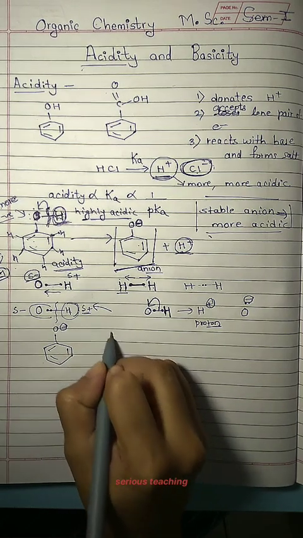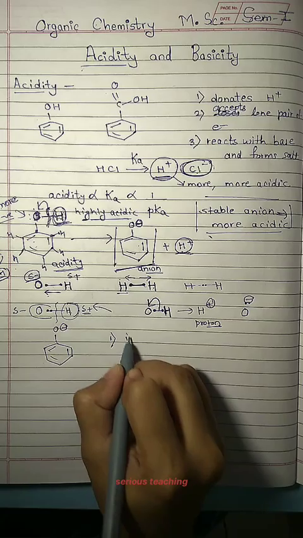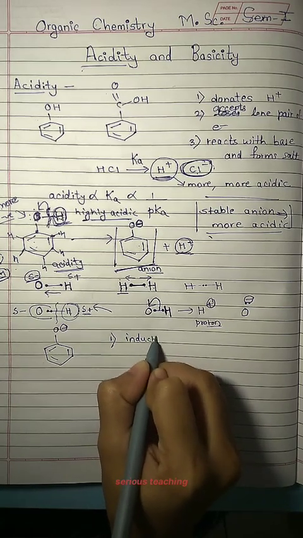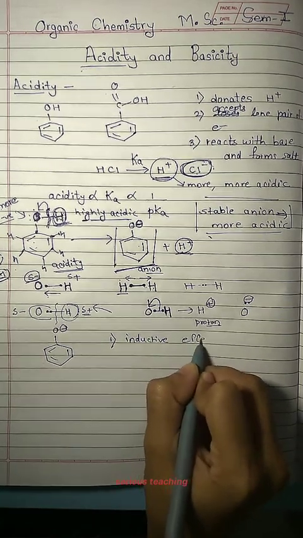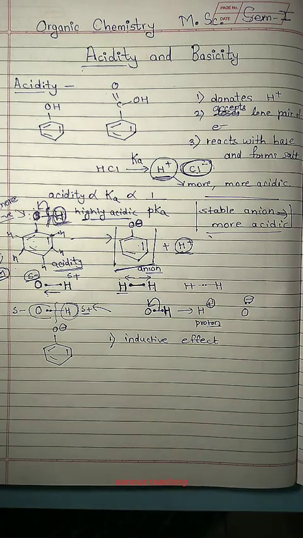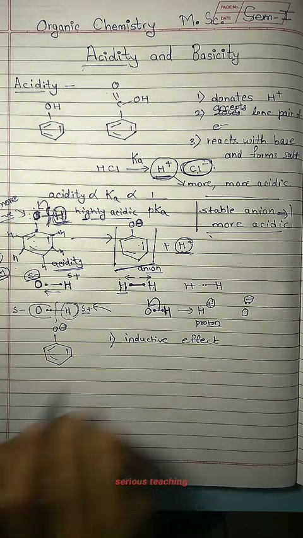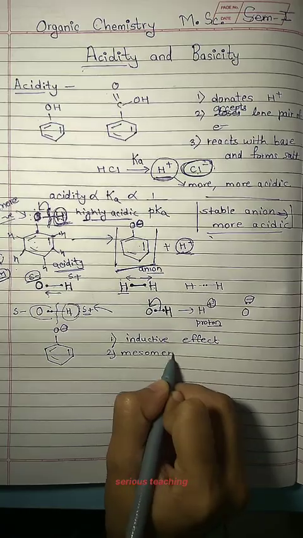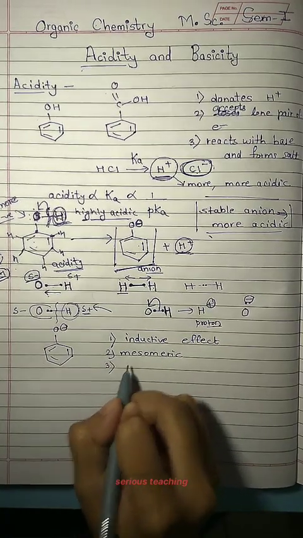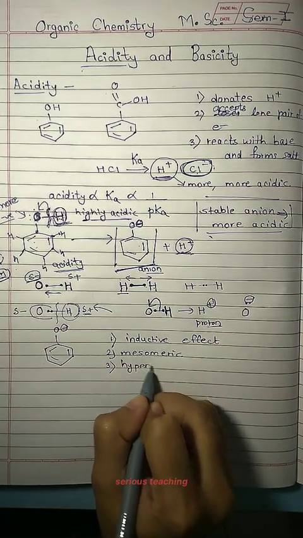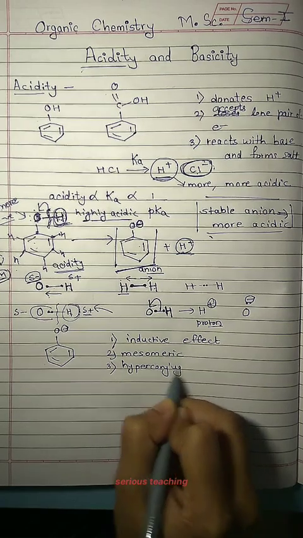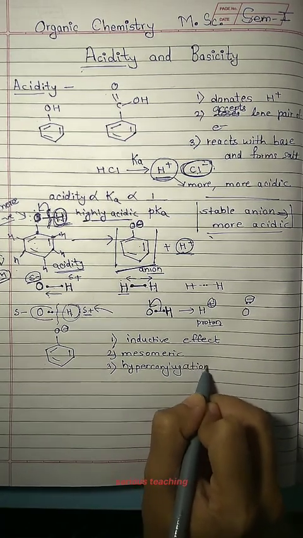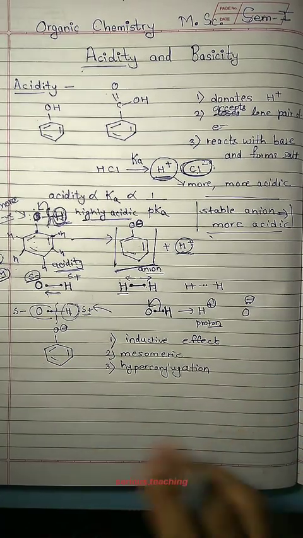Okay. So the first electronic effect is inductive effect. We can check if the compound is stable or not by using inductive effect. Second, we can use mesomeric effect, or we simply say resonance. Or third, we can use hyperconjugation. So I hope you know these effects. If you don't know, then tell me. I will explain these effects in brief.